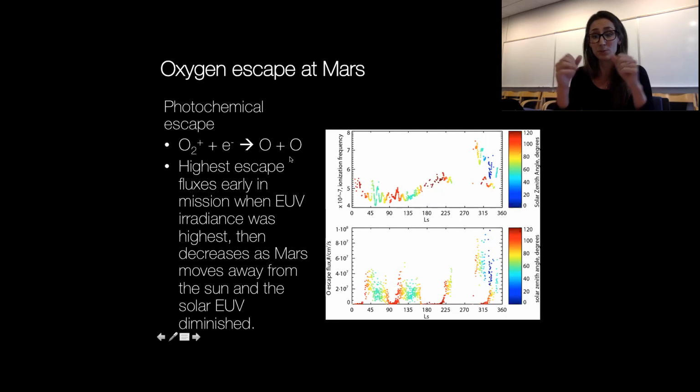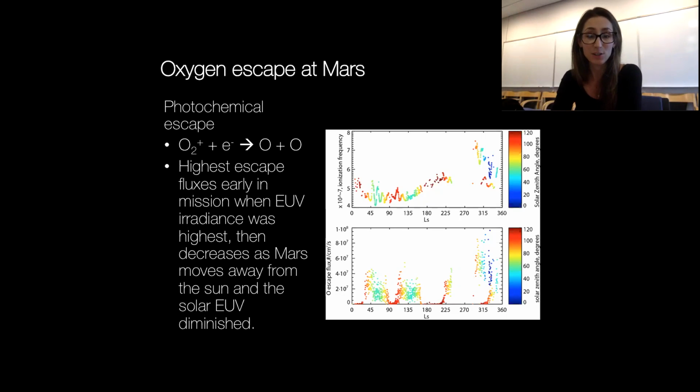And when they recombine, they branch off like that. They go spinning, and usually one goes up and one goes down. The one that goes down rejoins the atmosphere, and the one that goes up has a chance of getting away. There are ways to calculate the probability of that. But the short of it is that we've seen really high escape rates earliest in the mission when we had